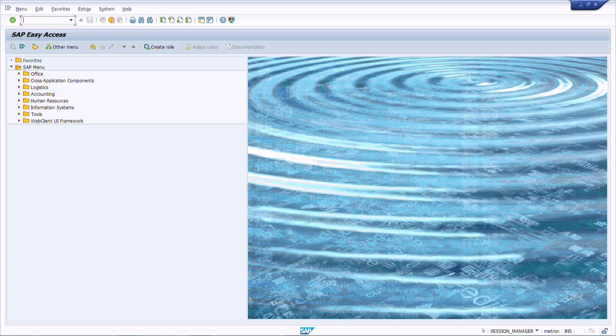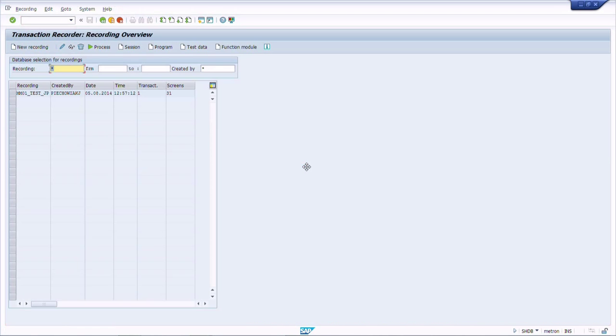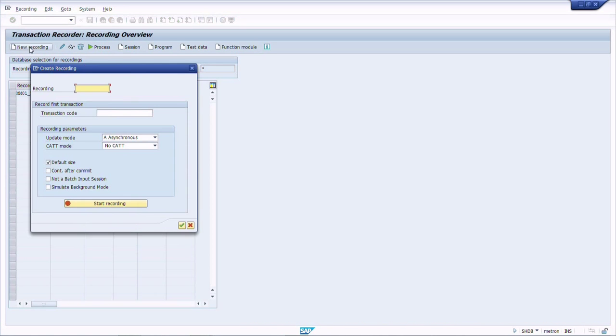EasyInput can serve two recording modes. One called Standard is based on batch input functionality, and the second one called Extended recording mode is connected to eCATT testing functionality. When using transaction recorder SHDB transaction, when you select a transaction,